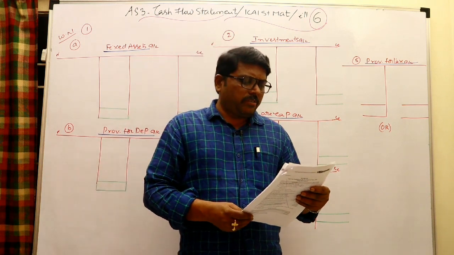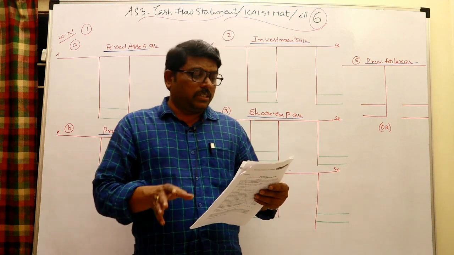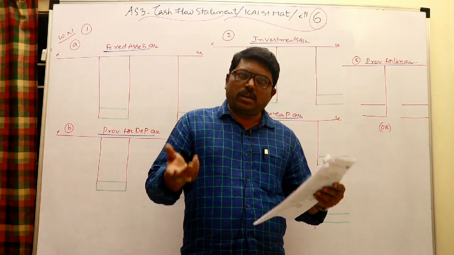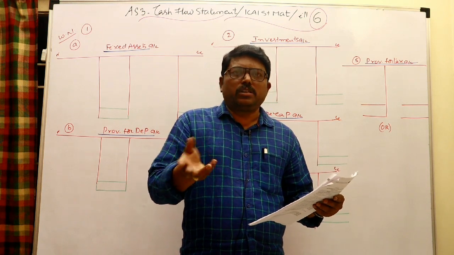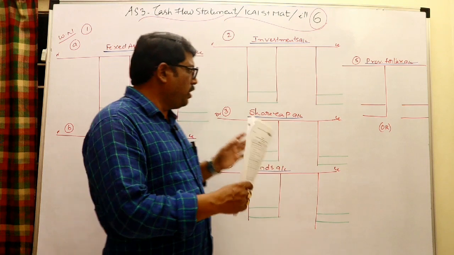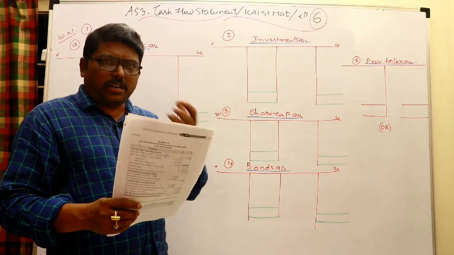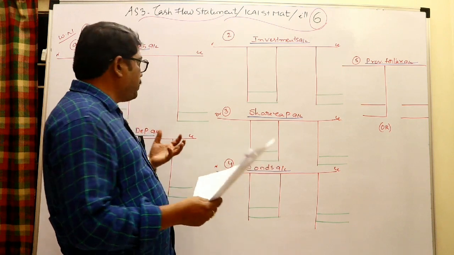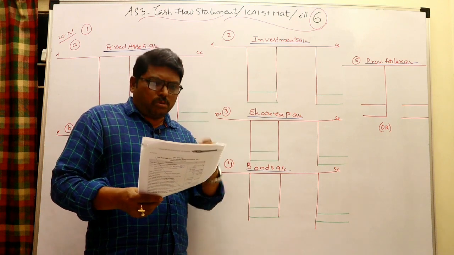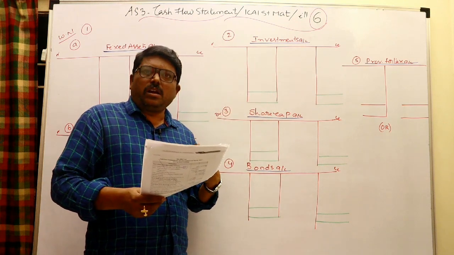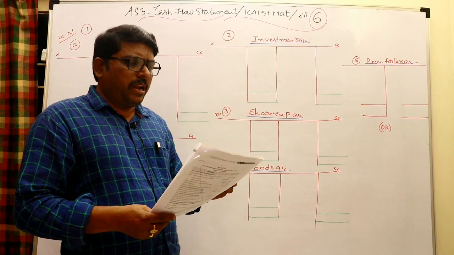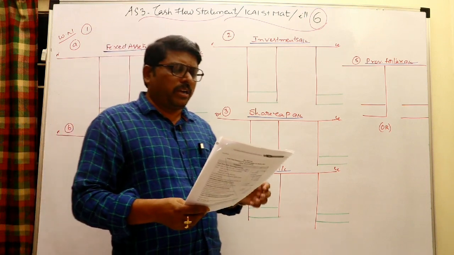Profit entry. Purchase of plant assets. Purchase of investments given, sale of investments given. Truly in the investment account there is nothing to find out, because completely purchase and sale both are given. So there is no need to prepare any investment account, directly you can go for the cash flow statement. But I would like to see that investments account after writing the purchase and sales, and whether the investments account is properly closed or not. To check it, I am going to show it in working notes. But truly both are given, and there is no need to prepare this in the examination, because both purchase and sales are given. Purchase of plant assets, entry plant assets account debit to cash or bank account.